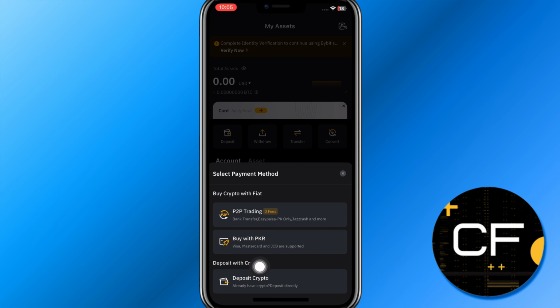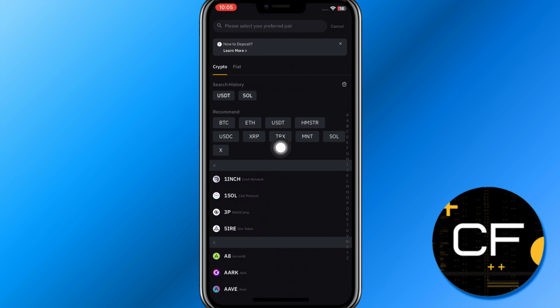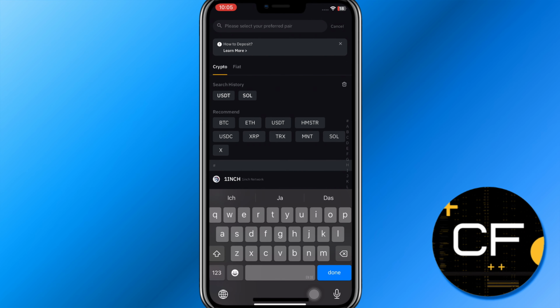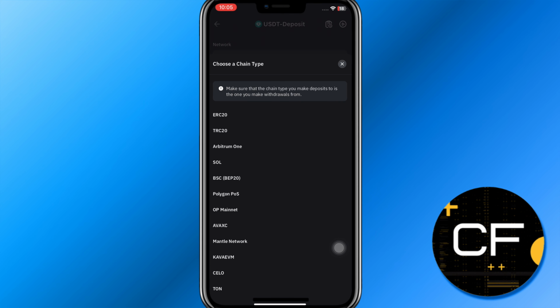You will be able to see a bunch of different options that would help you to deposit money in your Bybit account. But as we want to withdraw it from Trust Wallet, you will have to tap on the Deposit Crypto option. Then you are going to see all of the cryptos that you can deposit in your Bybit exchange. Now you will have to use the search bar in the top, and in the search bar you simply need to search for USDT. Now once you have found USDT, you simply need to tap on it,